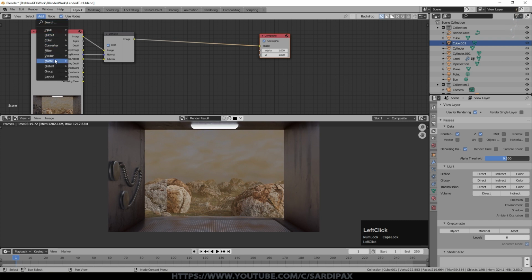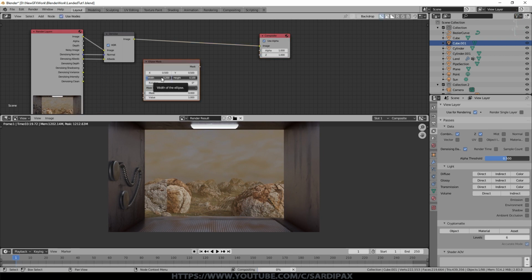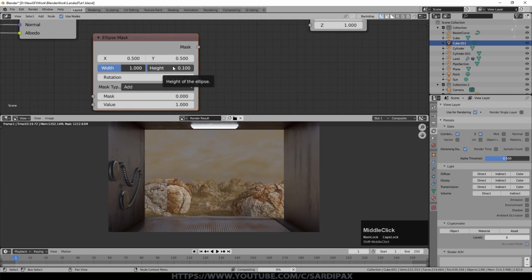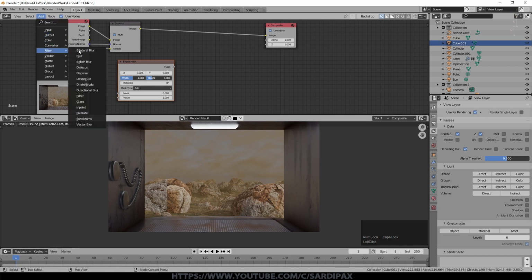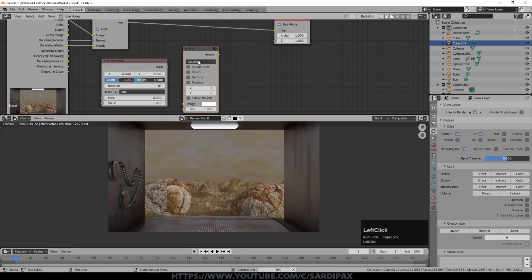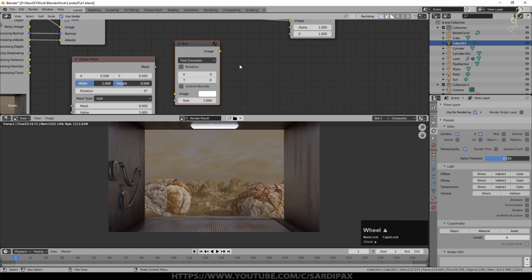And it's a common one to add, and it's a vignette. So we'll go to matte and we'll say ellipse mask. We'll set the width to 1 and the height to 0.5. We'll then add a filter which is a blur node. We'll set that to fast Gaussian. It's just a quicker filter, perhaps not as accurate, but this does add a bit of time, this filtering and so on, so we don't want to add too much to it. But at the end of the day, if it's a still image, you can take as long as you want really. Take the mask output and put that into the image.